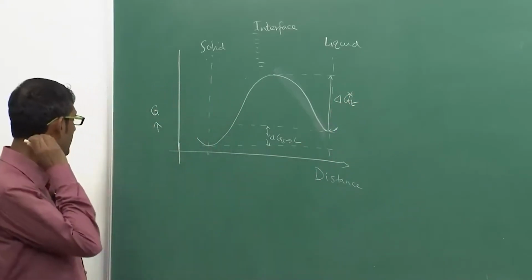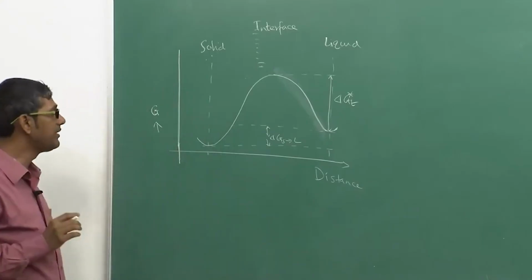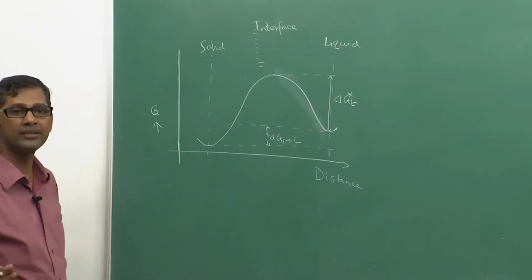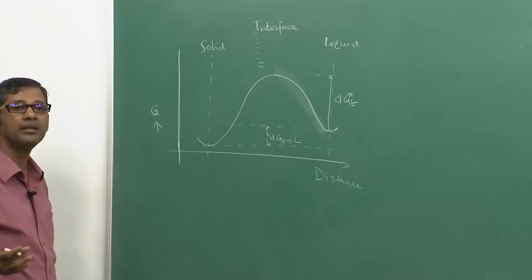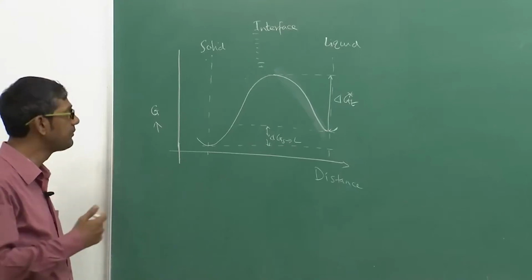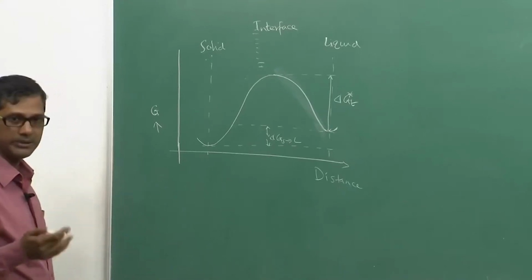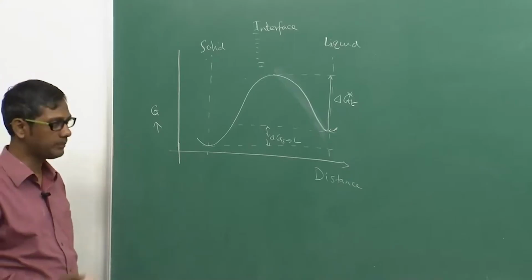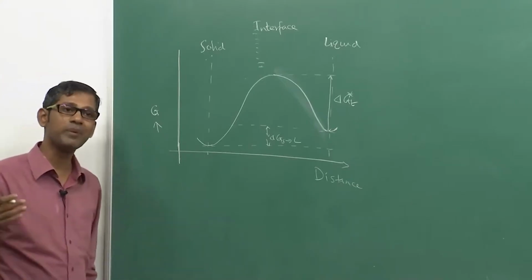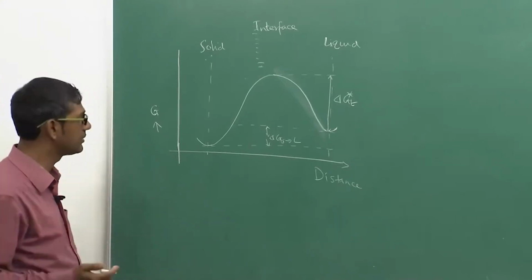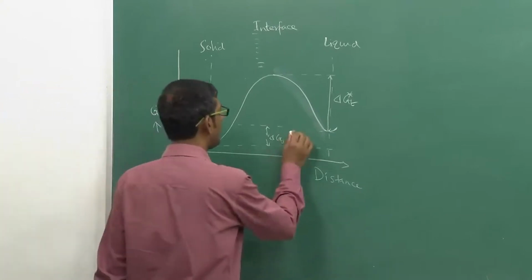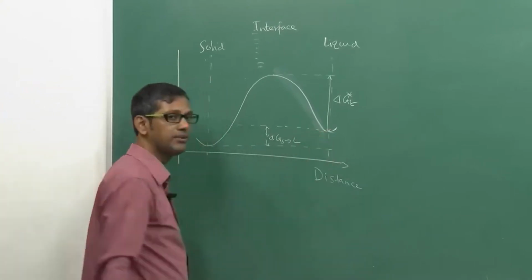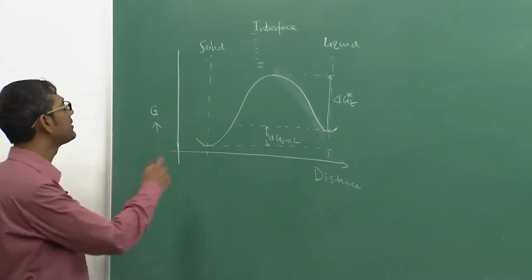What does it mean? This is just like grain boundary migration, or atoms moving from one place to another, diffusion actually. Solidification can also be considered as atomic migration from the liquid to solid. So it is one kind of diffusion, but not only diffusion but also something else. That means this is an activation